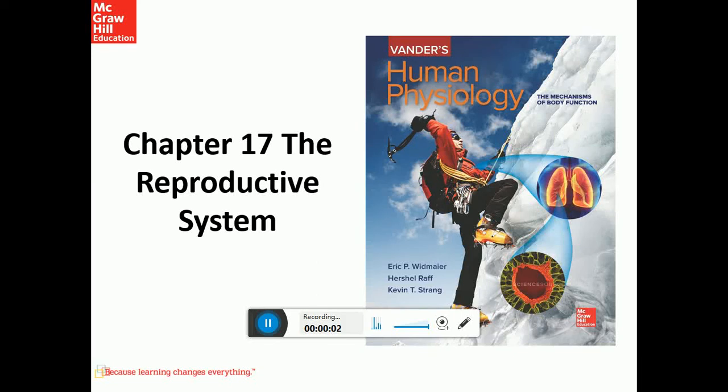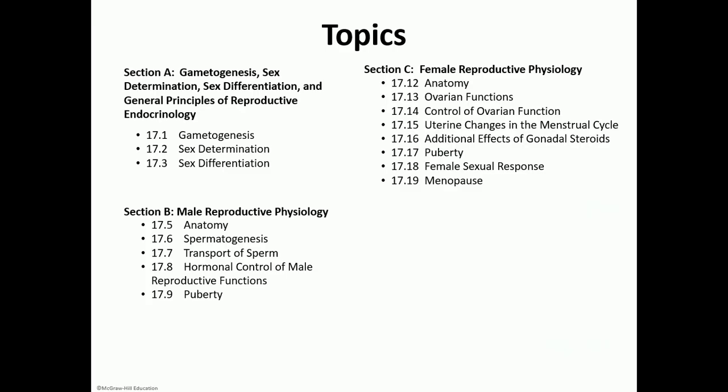Hi students, in this chapter, chapter 17, we're going to be talking about the reproductive system, and these are the topics that we're going to be discussing. We'll talk about gametogenesis, which is the process of making gametes, whether a sperm or an egg, sex determination and sex differentiation. So how does a fetus, in utero, how do the genes determine what gender the baby is going to be? And then we'll talk about the physiology of the male reproductive system, followed by the physiology of